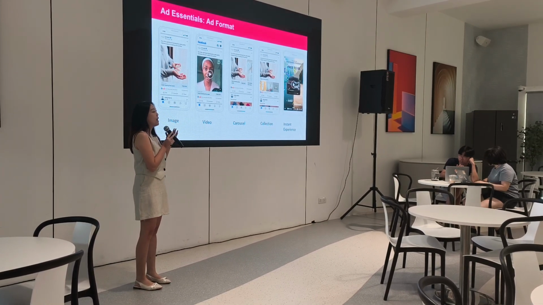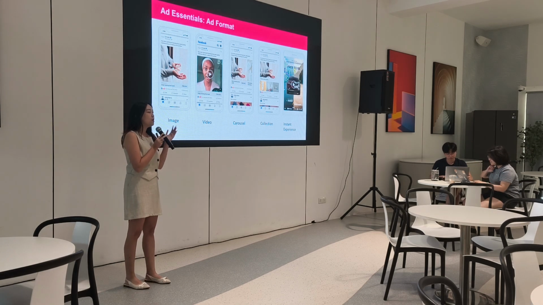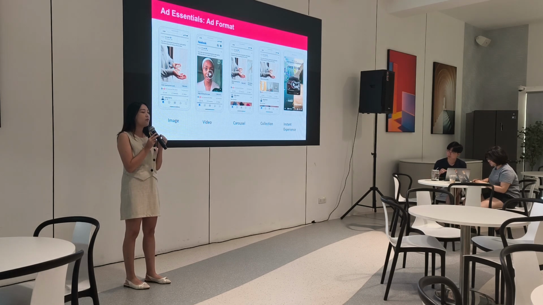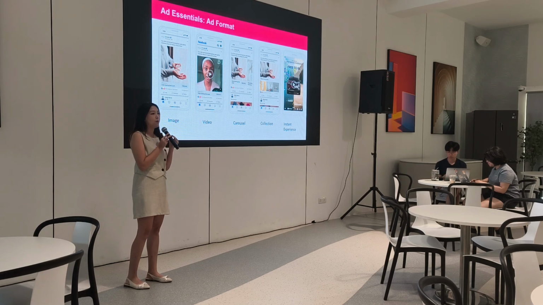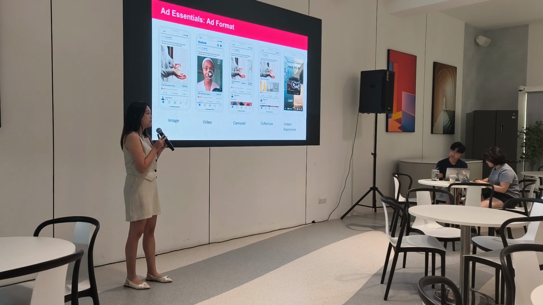It's good if your product has multiple USPs and you want to just show the audience all the USPs in one glance. Or if you want to do step-by-step guiding, or if you're a fashion brand, you have multiple products. So carousel is one of the very useful formats. But I would say you might need to check your placement as well, because carousel usually works the best on